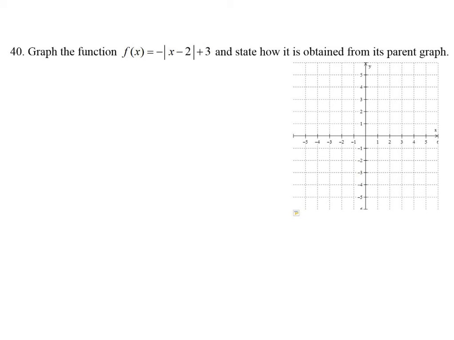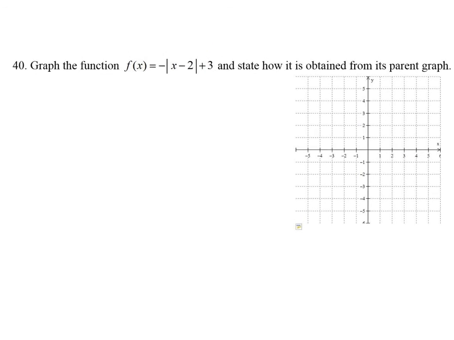In this problem, you're asked to graph an absolute value function and state how it's obtained from its parent graph. So that's the hint that we are expected to graph this function using transformations. So the parent function here,